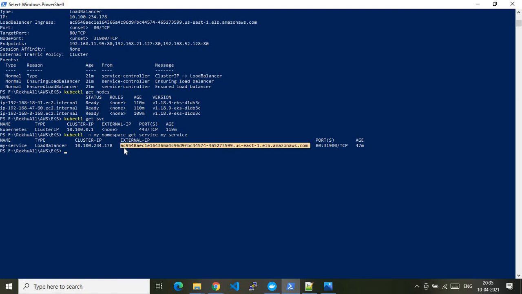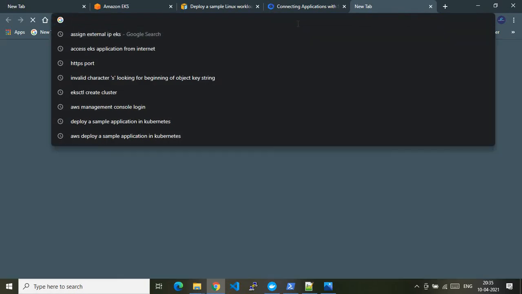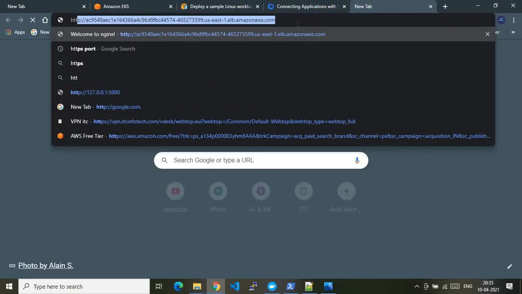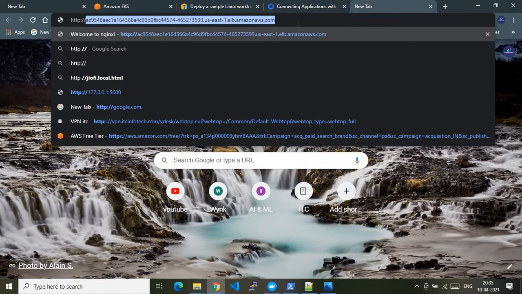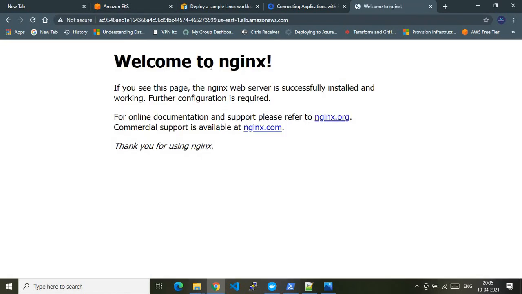This is my external IP, I will copy it, go to my browser and type http, because we have exposed port 80, and then this FQDN. Let me run it. Here you go, my nginx application is running in the EKS cluster.